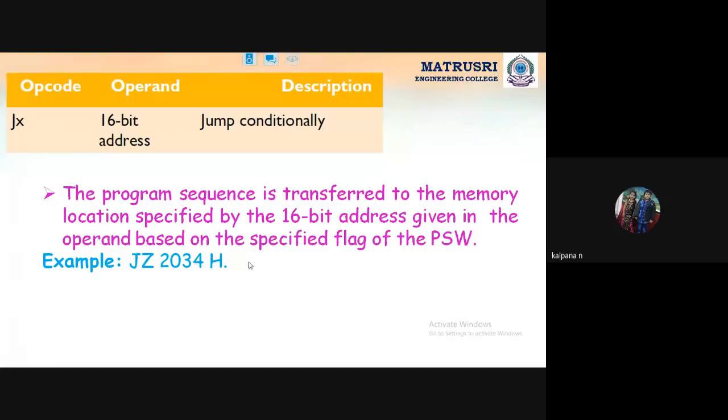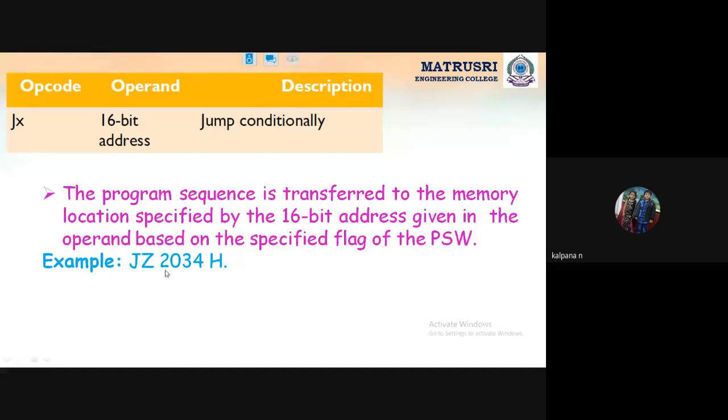Based on those flags, if carry is there, the carry flag will be set to 1. If the carry flag is set, jump to another location. If zero, jump to another address location. Like that, we specify the condition based on the flags. For example,